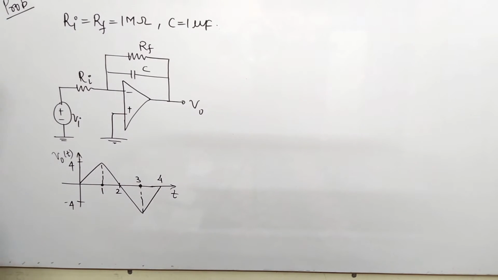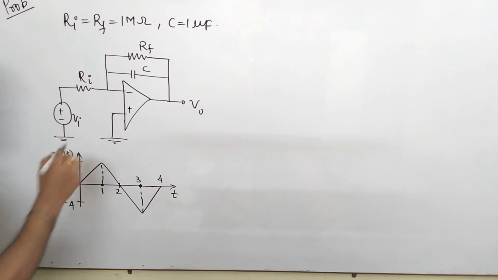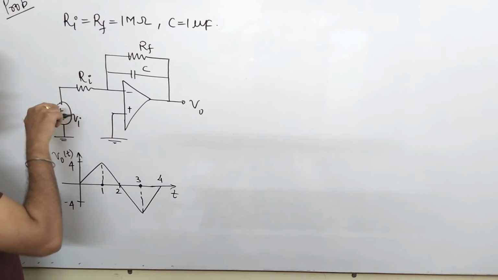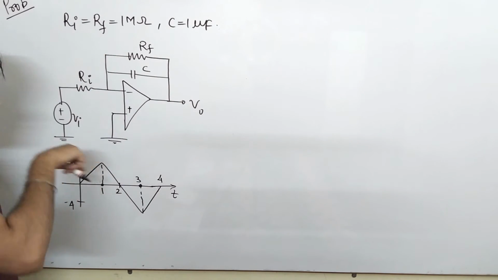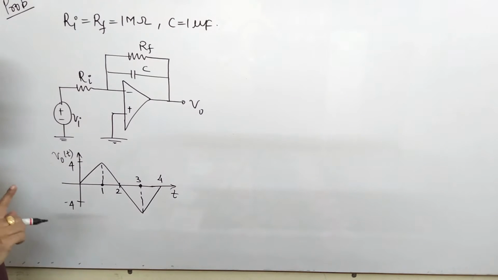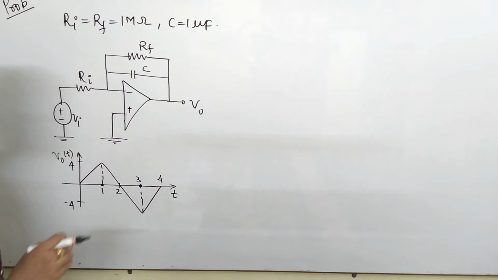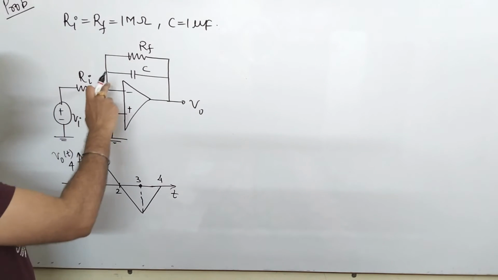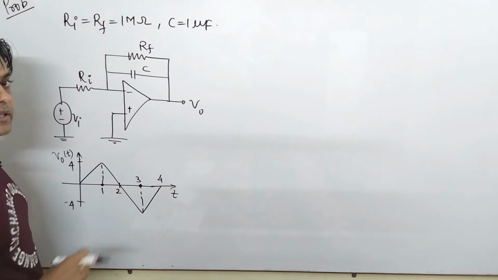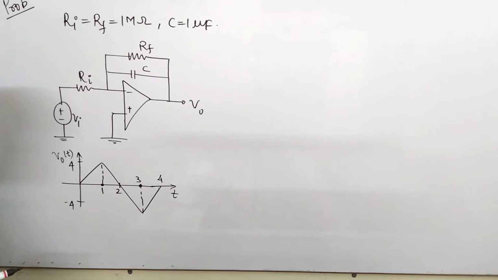Now friend, this is your next problem, again a very important problem. In this problem the value of V0(t), please see, this is an operational amplifier in which this is the condition. We have already gone through the op-amp. In my previous video I told you that the op-amp is used in any type, like integrator also, differentiator also. So it is a kind of integrator because the capacitor is connected in feedback. I have already mentioned.